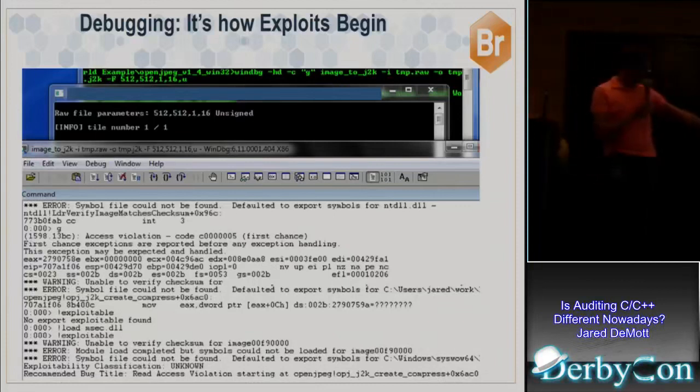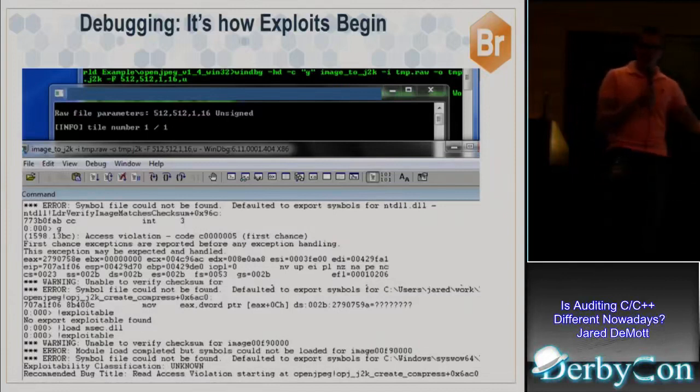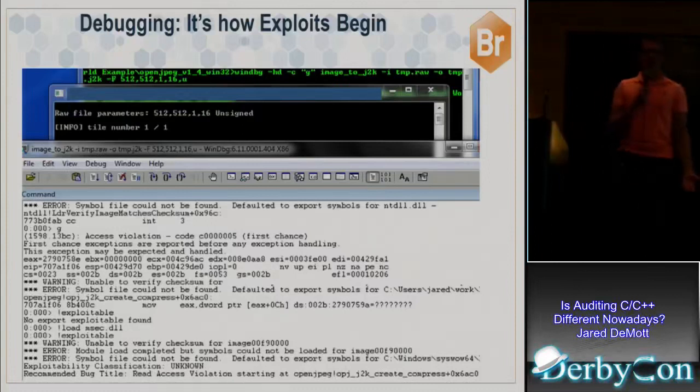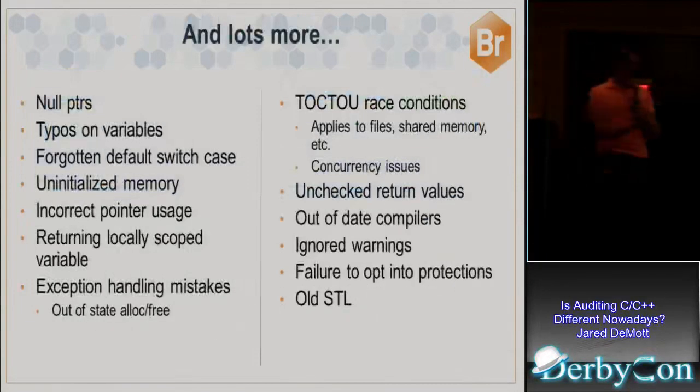And if you run !exploitable, which we do at the end here, which is a tool that tries to guess at the exploitability of a crash, it says unknown. Generally that's because whenever you have a read access violation, it's a lot of times going to come back as unknown exploitability, because it doesn't really know whether you're reading in some way that we could turn into a code execution hijack. As you know, write access violations are generally more favorable in terms of exploitation, so that would probably come back as probably exploitable. But since this one crashed on a read, you could probably change the flow so that it crashed on a write, and then it would give you a better result.